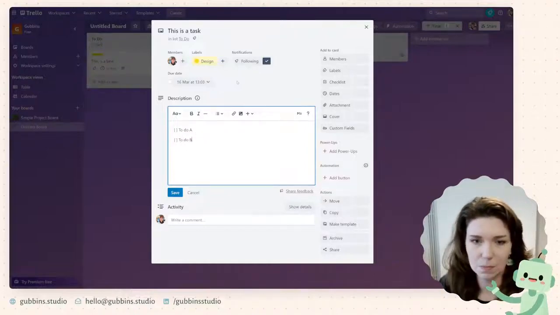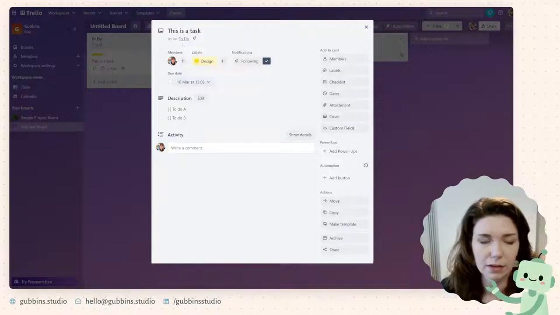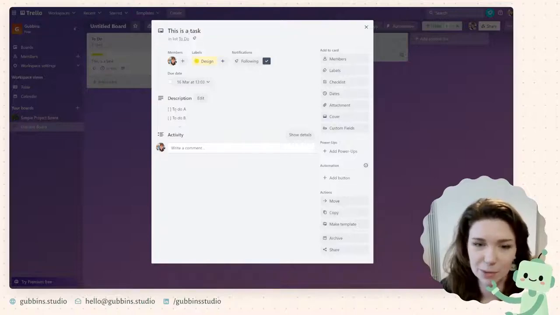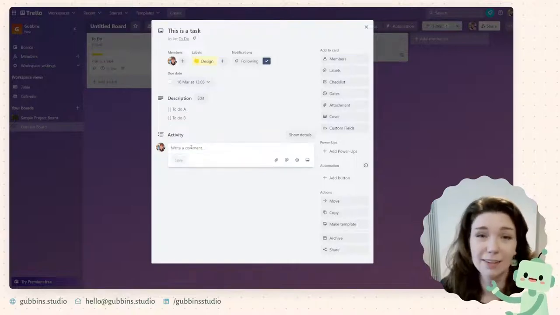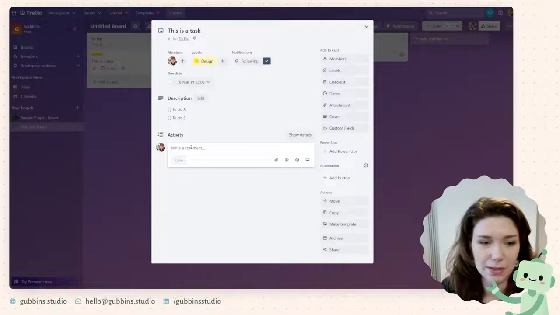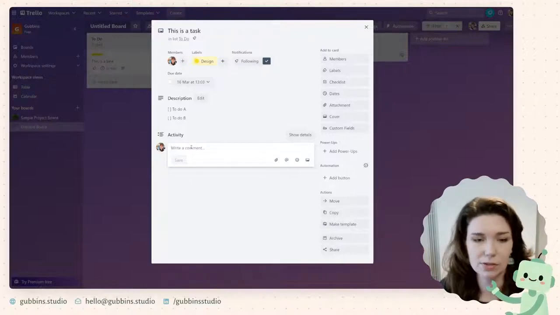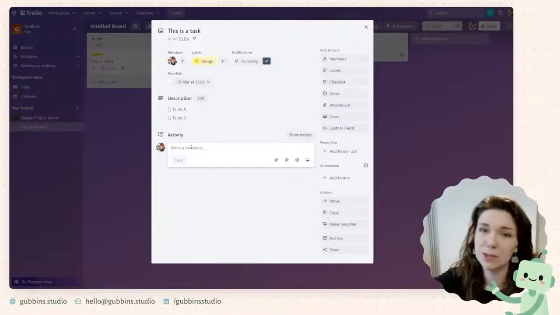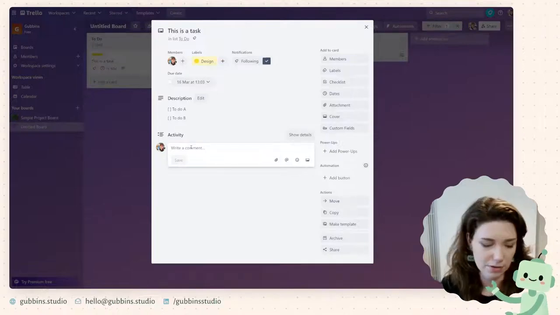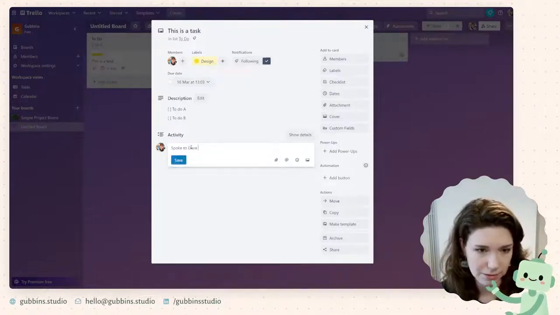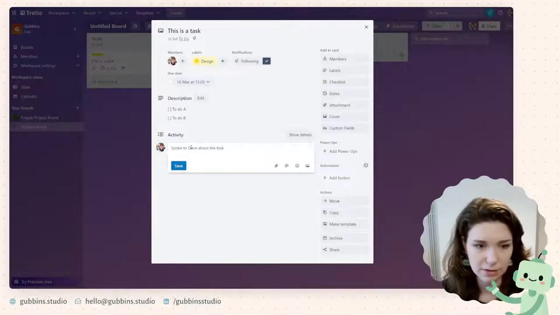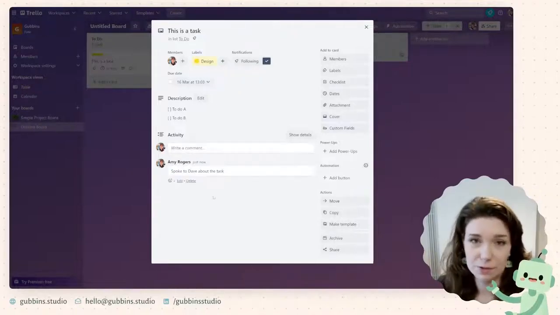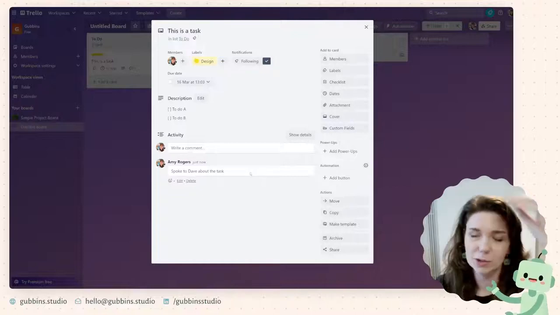So then if someone wanted to check up on, or if you wanted to check up on how this task was doing in regards to all the other little bits and bobs you needed to do, you can break it down this way. You can also, and this is something that I will cover on all the other tools as well, leave comments on particular tasks. So if you wanted to update or just keep a running log of how a particular task was going, like, spoke to Dave about the task. And it just gives you a nice little way of audit logging your progress on things.